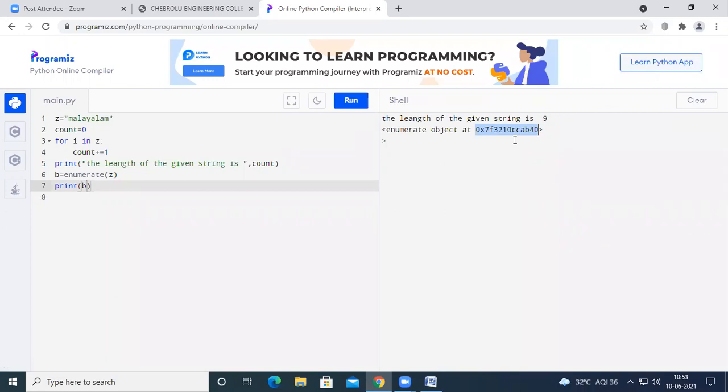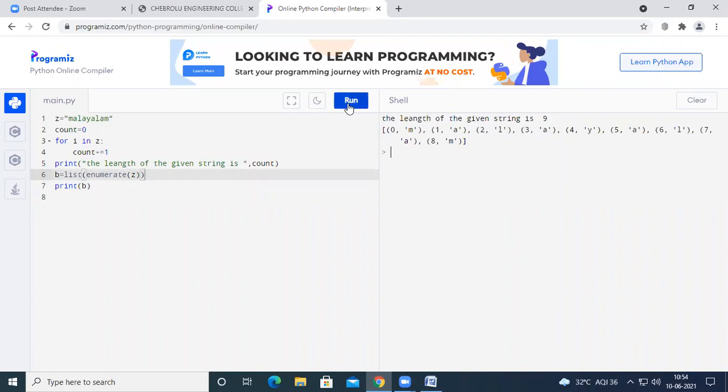Now, if we want to find the elements, the index values, at that memory location, simply use the function list here. Okay, b equals list of enumerate z, and if you run the code, see here, previously, if you don't use the list, the memory location is printed on the output screen.